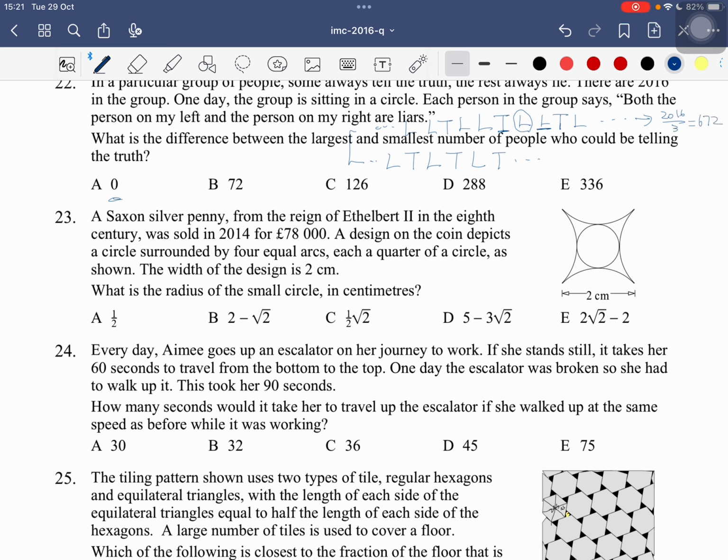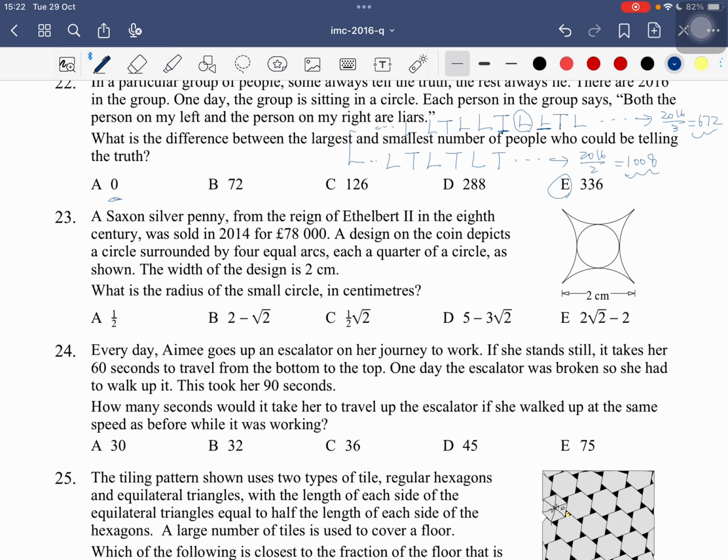And the second case, which was my first case, was half of people telling the truth. So between two, there is a difference of 336. Yeah, largest and smallest number of people it says, but actually we have only two cases I can say,